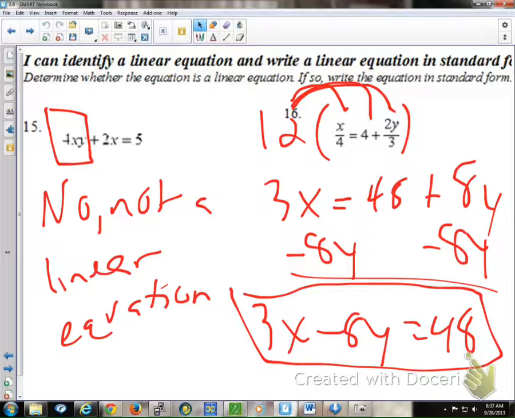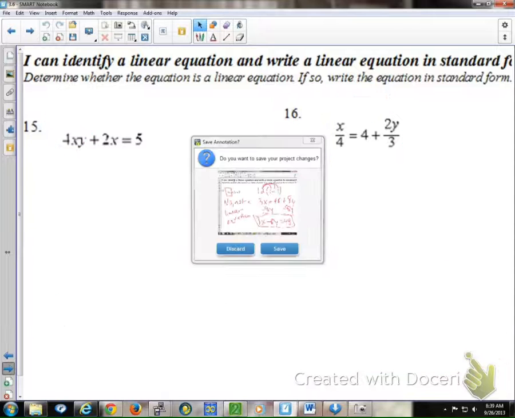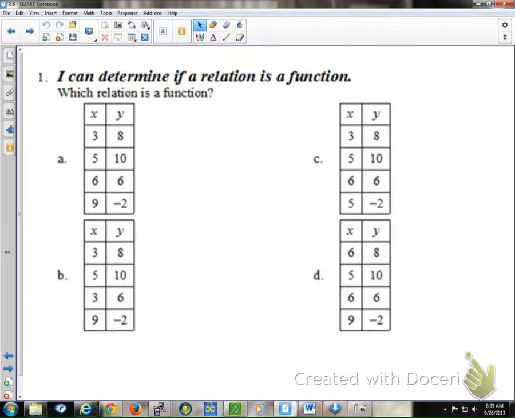All right, let's get into the stuff we haven't looked at yet, and that is function notation. Which relation is a function? Who remembers yesterday? In your book, it talks about, on these examples, it said this one was not a function, this one was. What was the only restriction about whether a relation is a function?